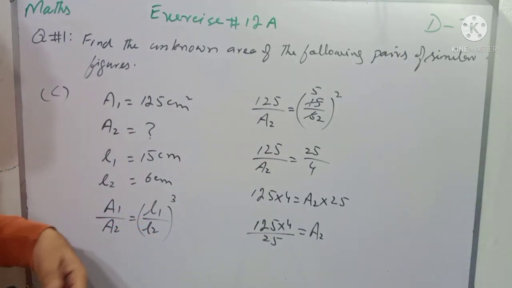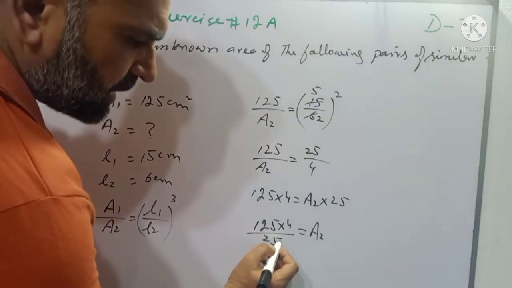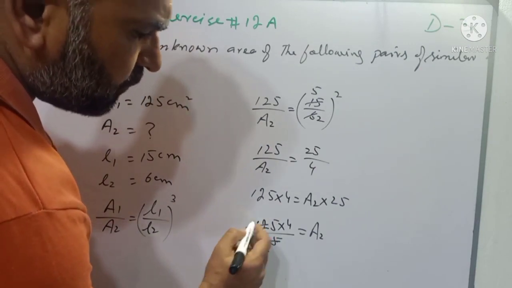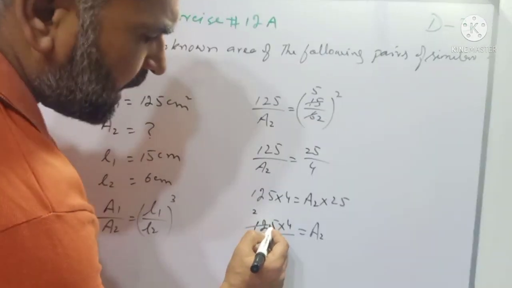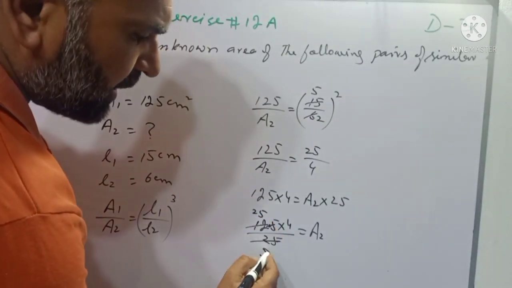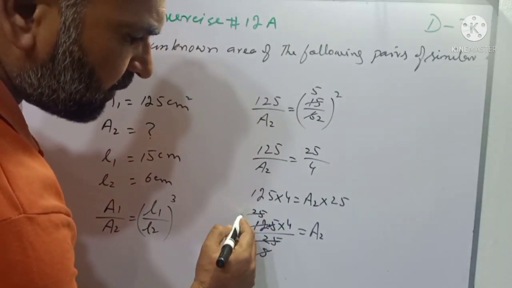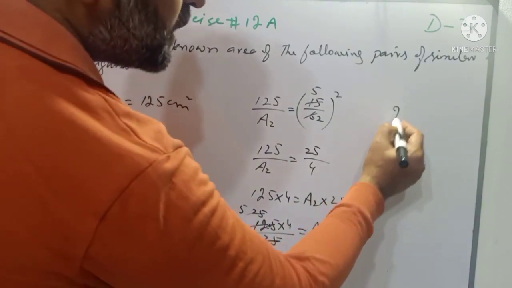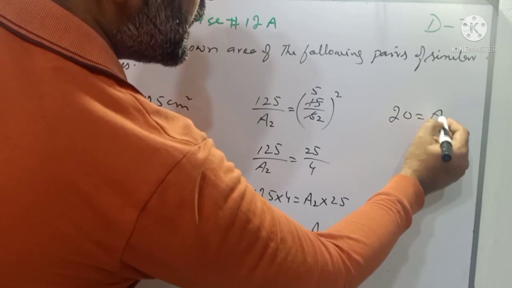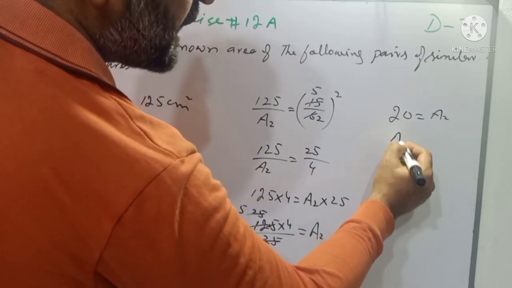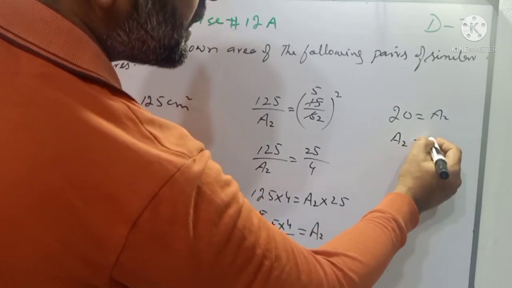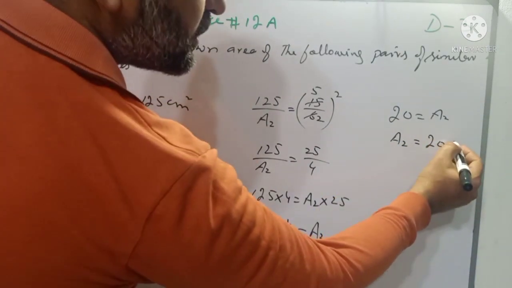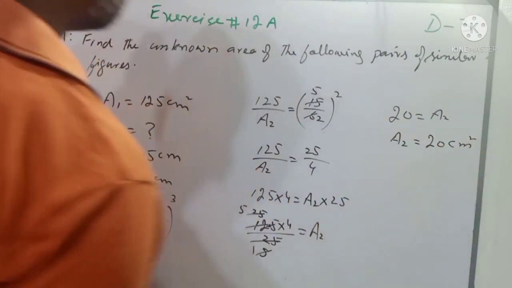25 और 1 जार 25 और 25 5 जार 125 आप डायरेक्ट भी कैंसिल कर सकते हैं। और अगर आप 5 के टेबल से कैंसिल करना चाहें तो वो भी कर सकते हैं। 5 5 जार 25, 5 2 जार 10 2 कैरी एंड 5 5 जार 25 एंड देन 5 1 जार 5 एंड 5 5 जार 25। So 5 4s are 20 is equal to A2, or you can say that area of second figure is equal to 20 and the unit of area is centimeter square।